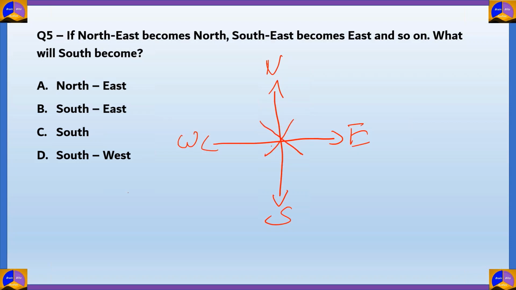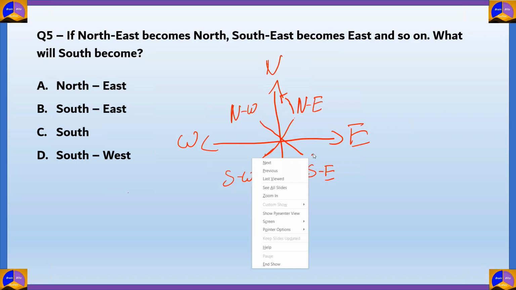And these are the cardinal directions: northeast, northwest, southwest, and southeast. Now, if northeast becomes north, so it will be this arrow, and southeast becomes east, so southeast becomes east,